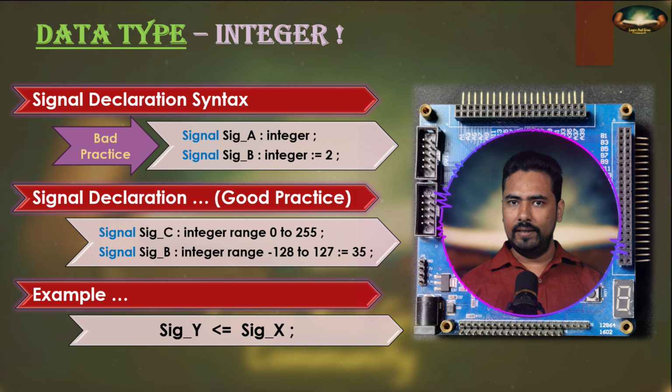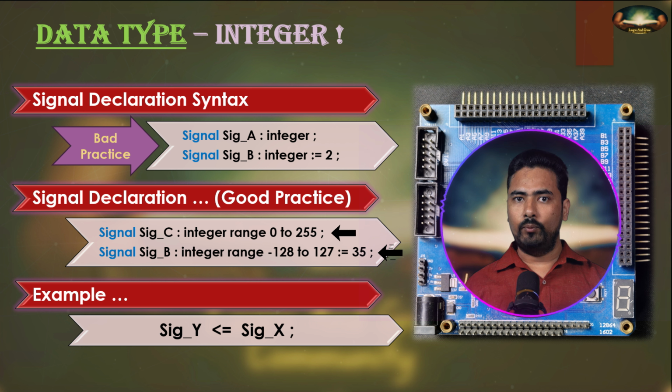However, these two examples, declaring signal A and declaring signal B, are valid ways to create integer signals, but this approach is actually not recommended because the implementation may allocate 32-bit registers to implement these integers. This is fine if you actually need a 32-bit number for your data, but in most cases we do not need such a wide range. Hence, most of the hardware resources will be wasted if you practice this type of declaration in your VHDL designs. There are more resource efficient approaches which we should consider for our VHDL designs.